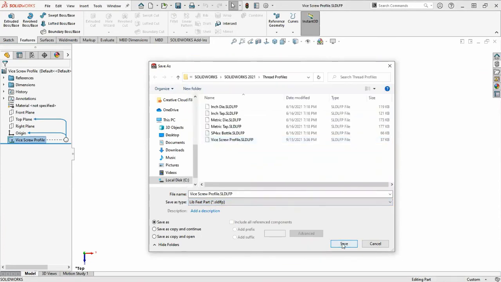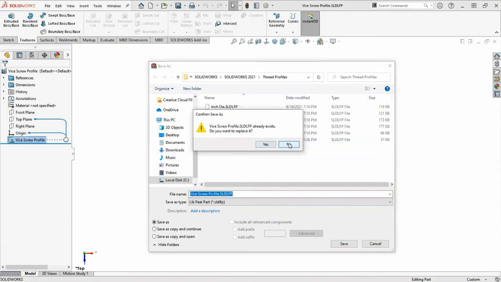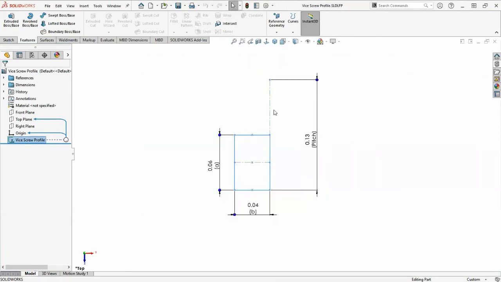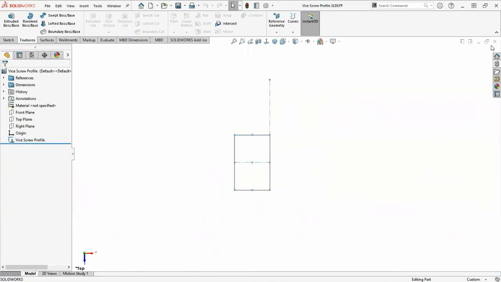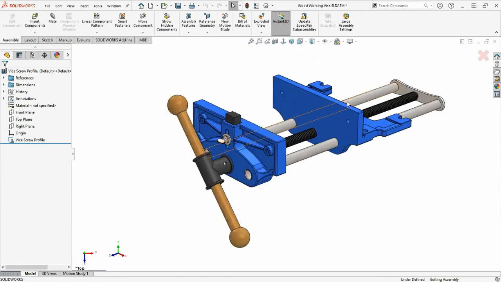And once you do that, it will save it in the directory of choice. So you can use it then as your own custom profile. You could make this anything, you know, a triangle if you wanted, a circle. As long as it had this basic geometry that I've defined here, SOLIDWORKS will recognize it as a thread profile, and you will be able to use it as a thread profile. So I'm going to go ahead and close that,